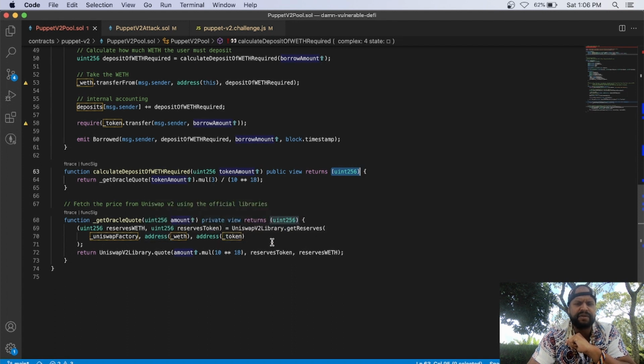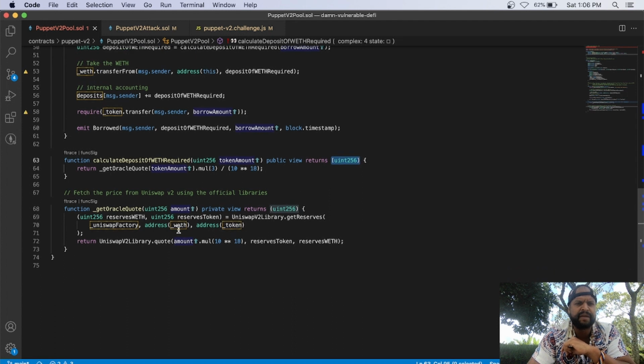So this is just going to take our inputs and figure out what we have in reserve for these tokens. After it figures that out, it's going to pass it into another function from the v2 library called quote. So quote is going to take in the amount, do this multiplication on it, and then it's also going to take in the reserve tokens